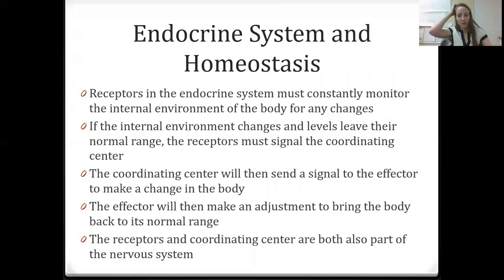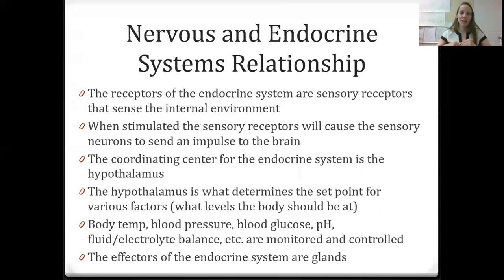So for the most part, the coordinating center is the hypothalamus in the brain, and the receptors are the same sensory receptors that are inside of your body. So yeah, the endocrine receptors are just sensory receptors. When they're stimulated, they send an impulse off to the brain. And like I said, for the endocrine system, the part of the brain that's going to coordinate everything is the